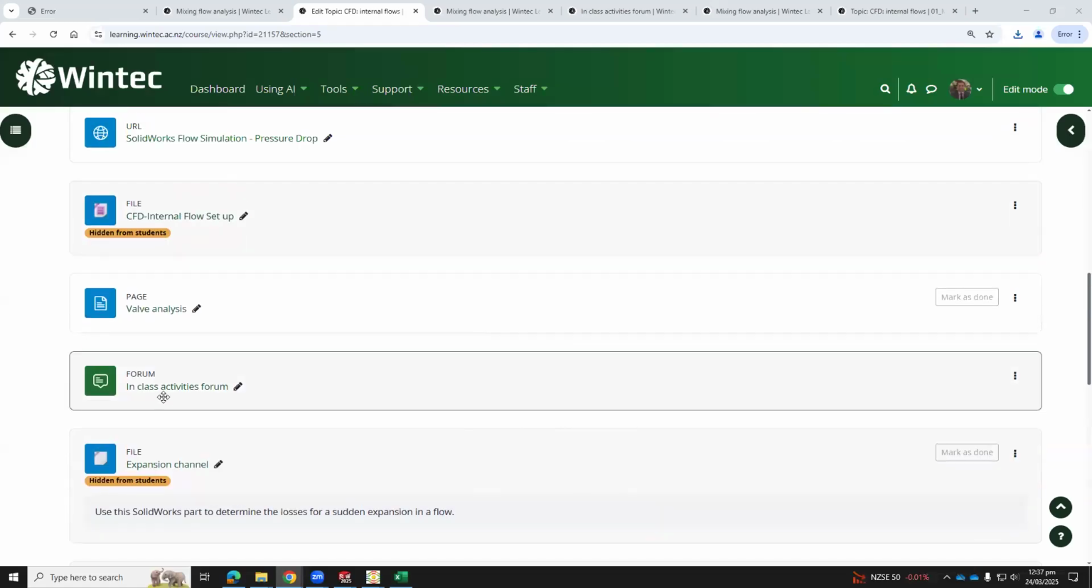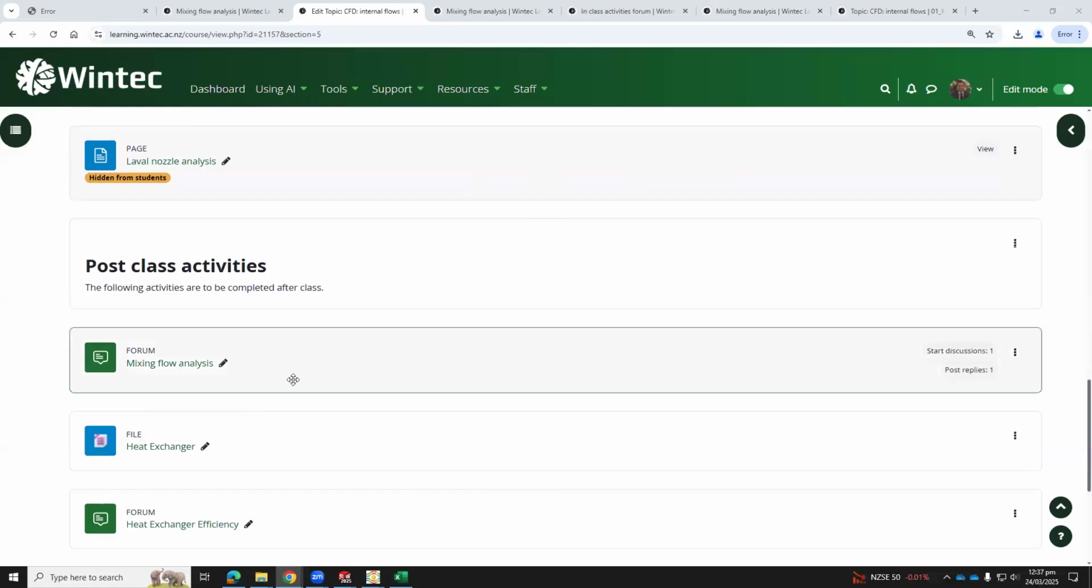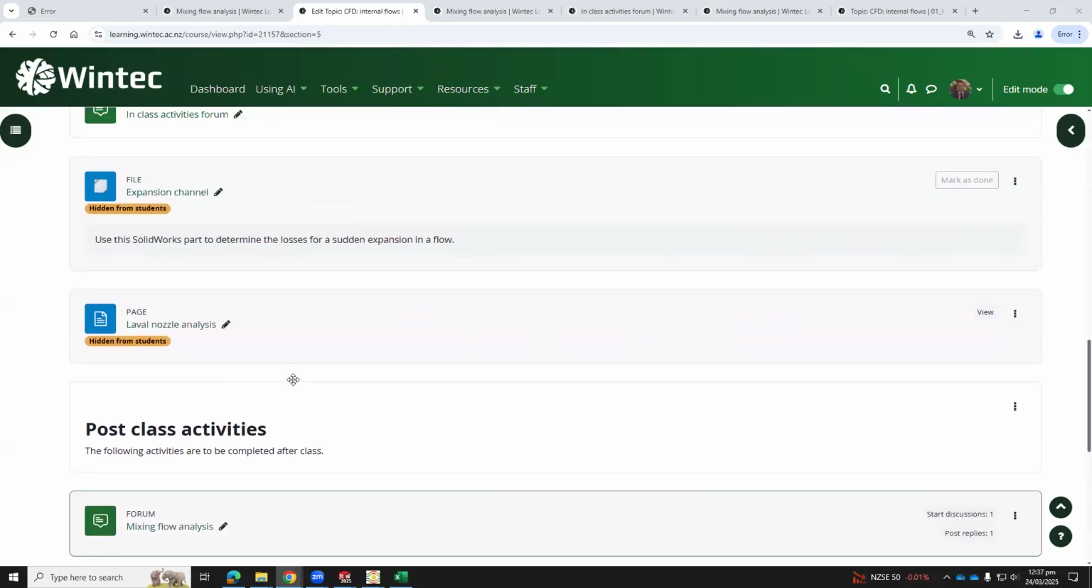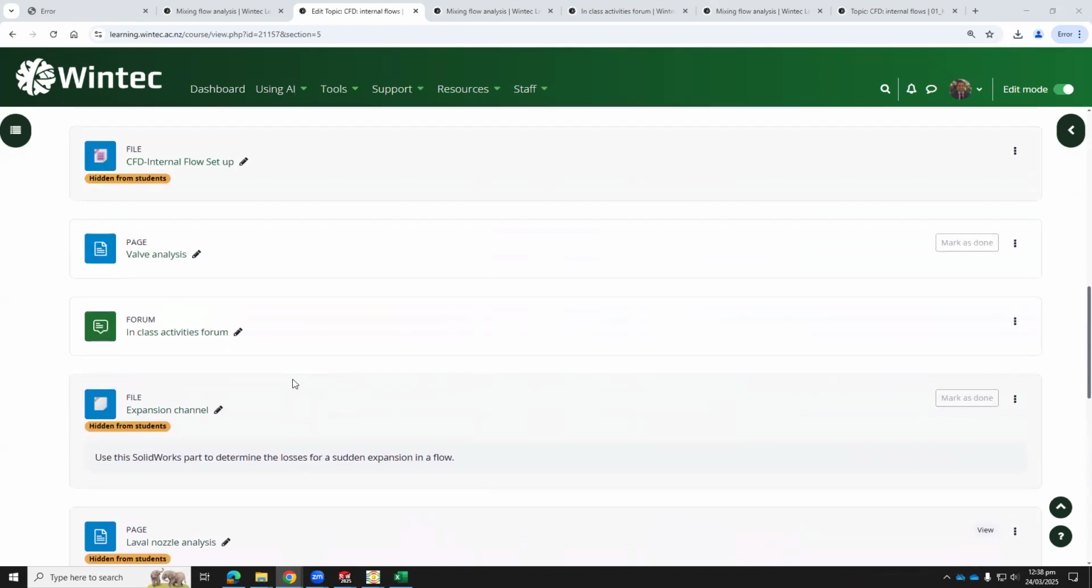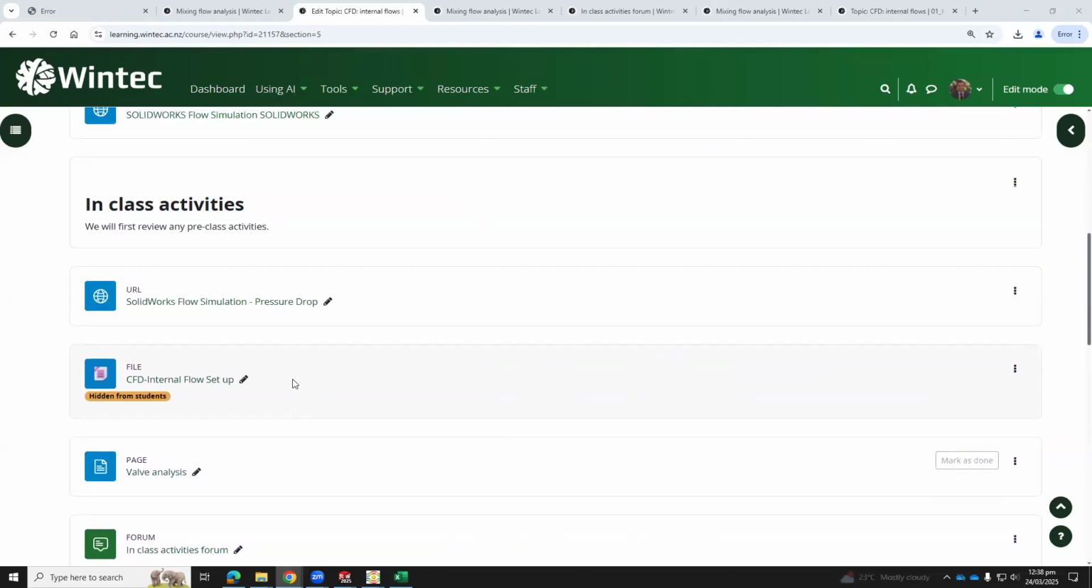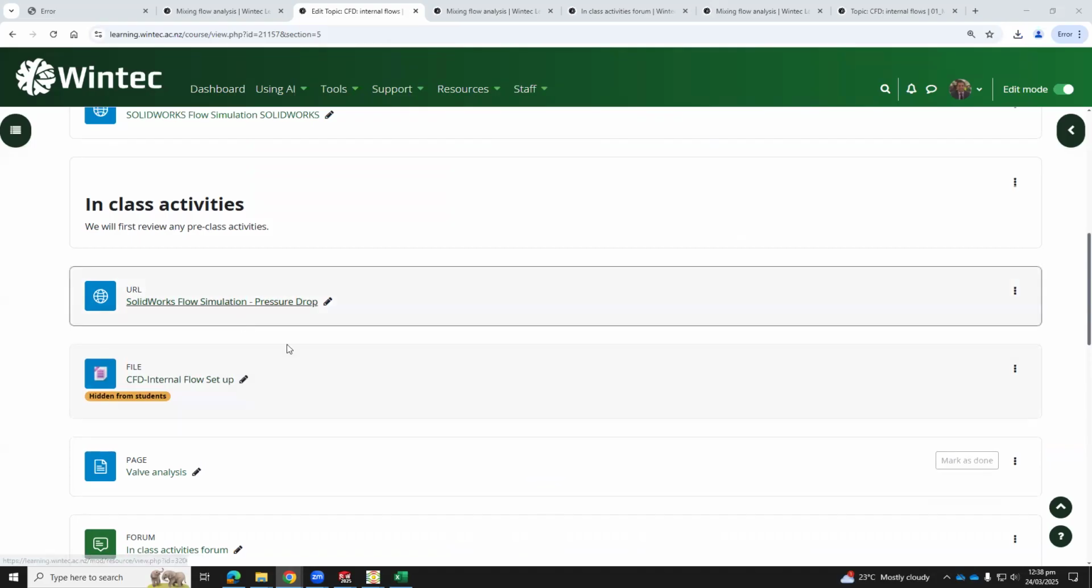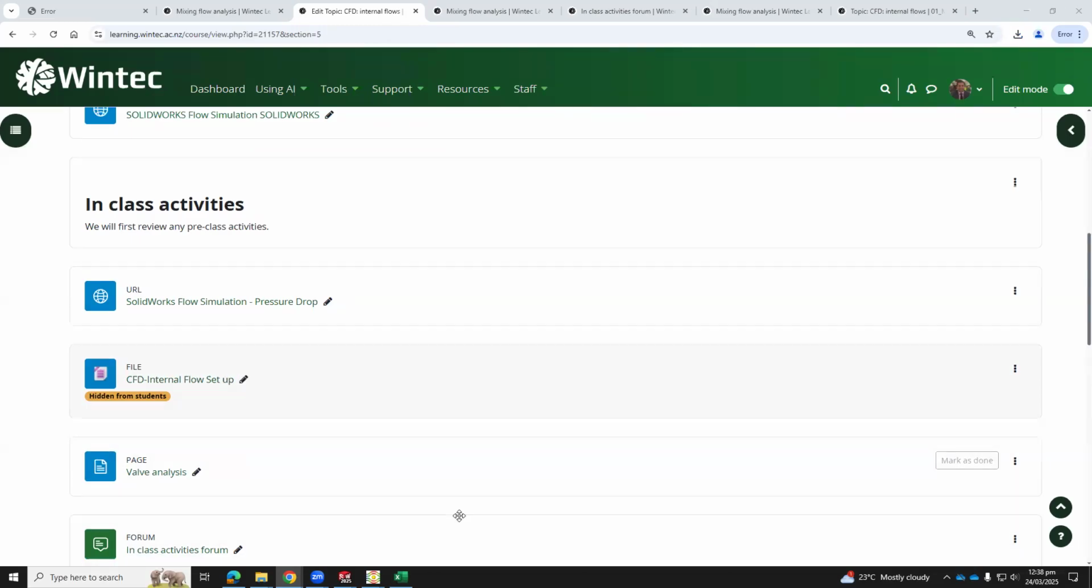Again, upload your work to in-class activities, mixing flow analysis. And then next week we will do other examples for internal flow. So we do 2 weeks for that topic. And then we will talk about introducing assignment 2. Now for the remaining time, I will answer any questions you have about assignment 1. Other than that, I will stop recording and end the session, but I will have a space for answering any questions about